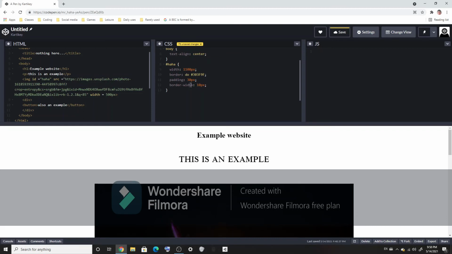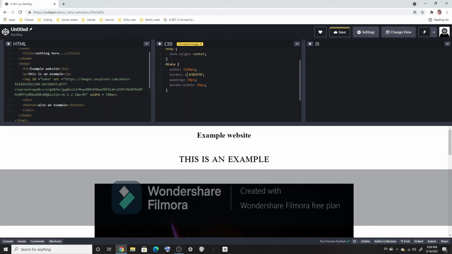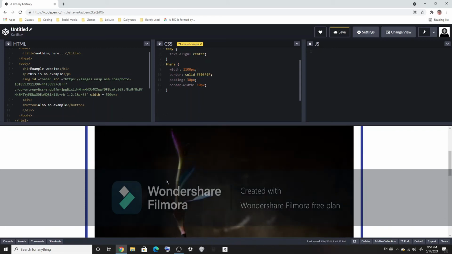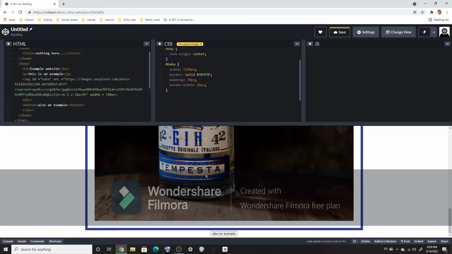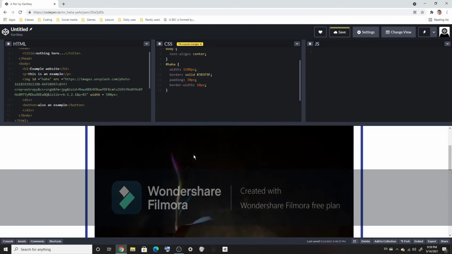Just a second. Dotted looks like that, and all that. So I kind of like solid, but I mean there are even more types, but this is the basics. So yeah, anyways,